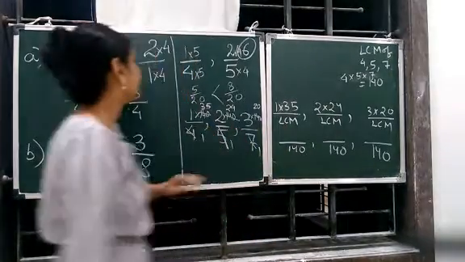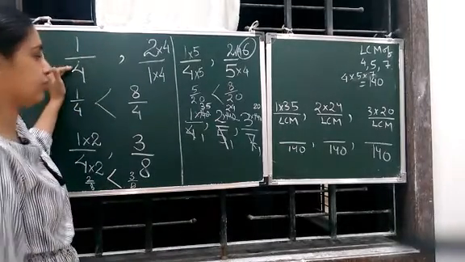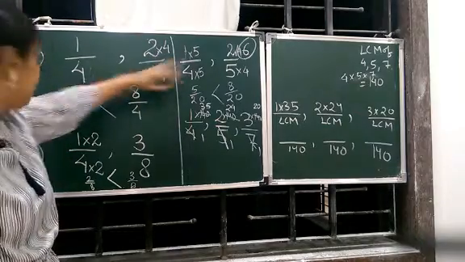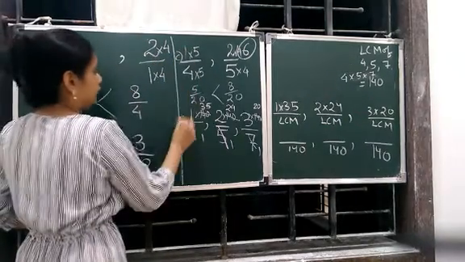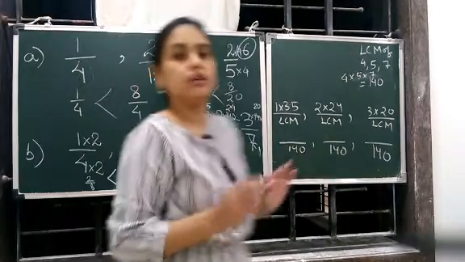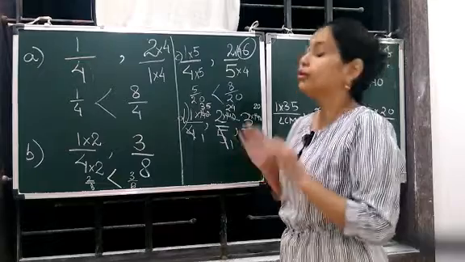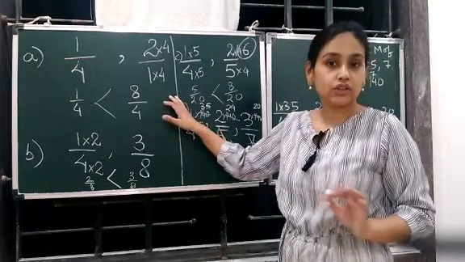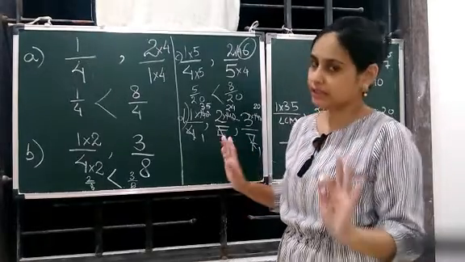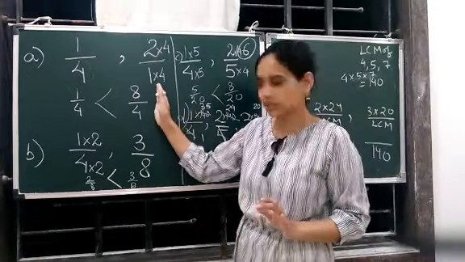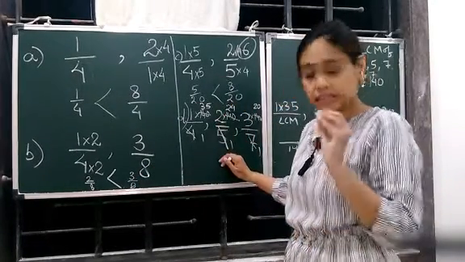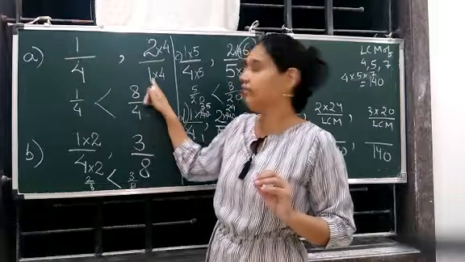Okay. So there are four methods. 1, 2, 3. This was your C and this was your D. There are 4 methods to solve or to compare two given fractions when the numerators or the denominators are not same. First one is this, second one is this, third one is this, fourth one is this. I repeat, first one is this one where 1 is there.